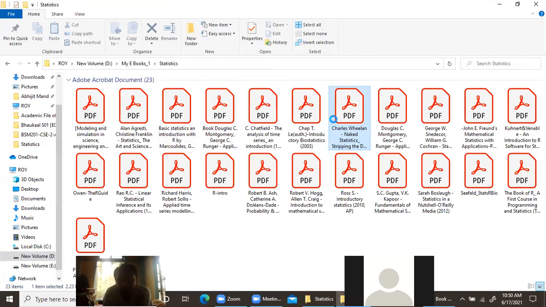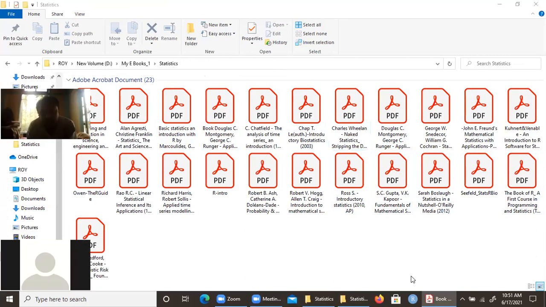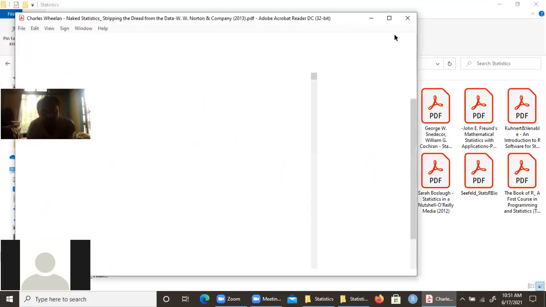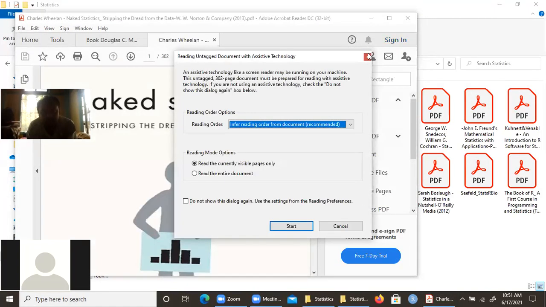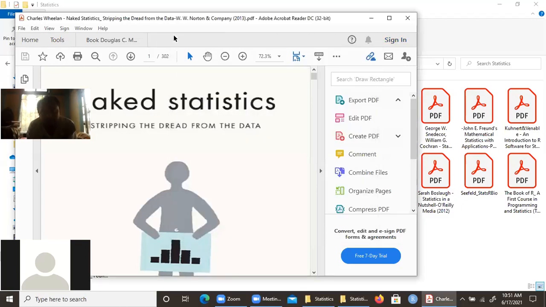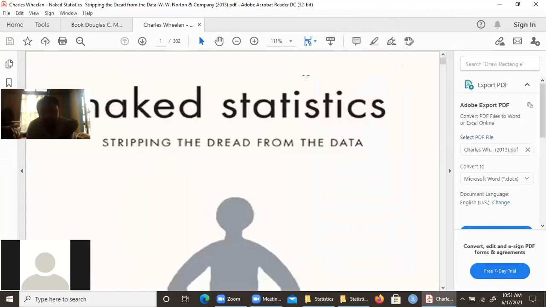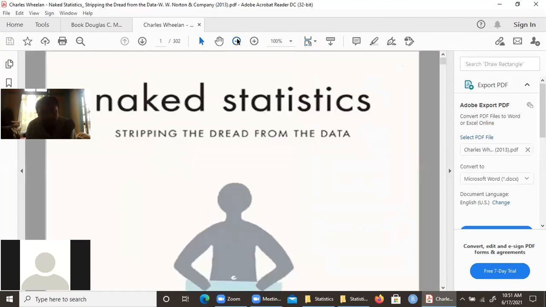This is the book I'm talking about. It is called Naked Statistics. Just try to read the book and you will get to know many things about naked statistics. Download this book from Library Genesis and